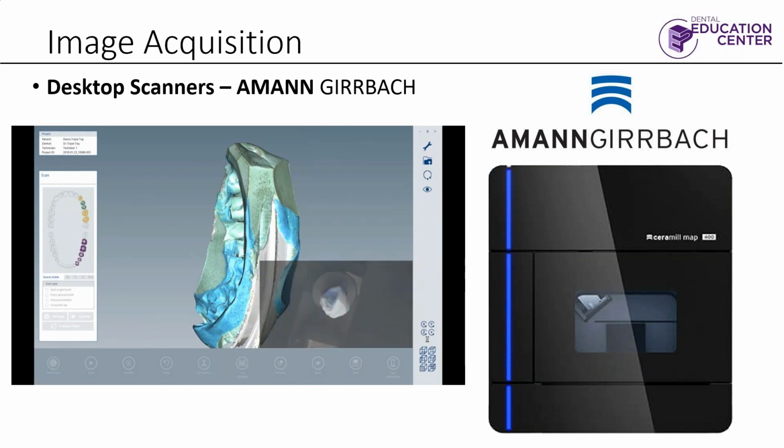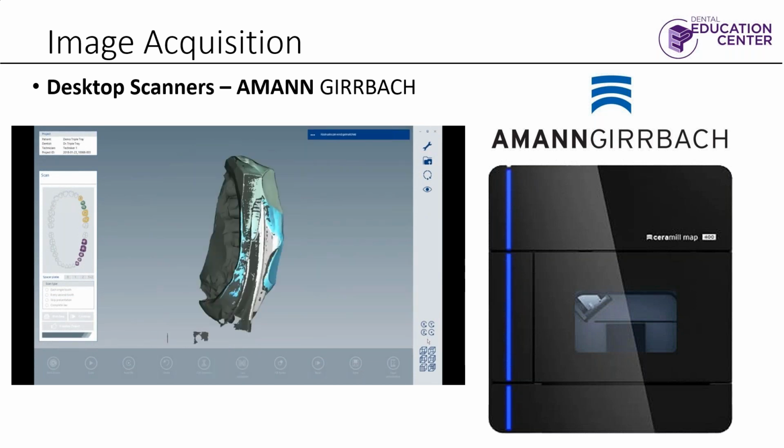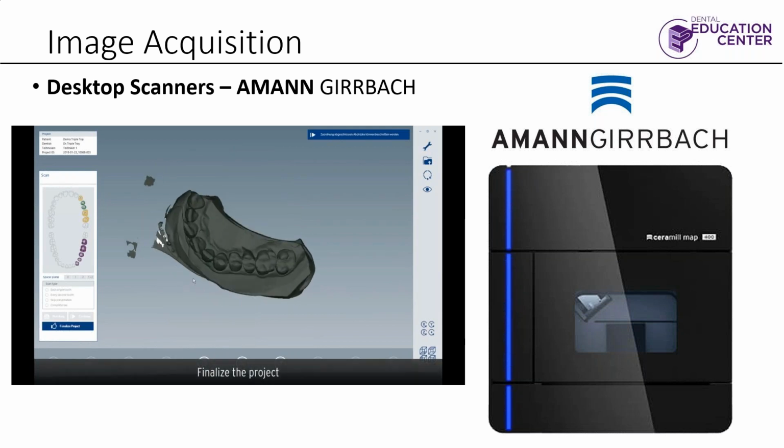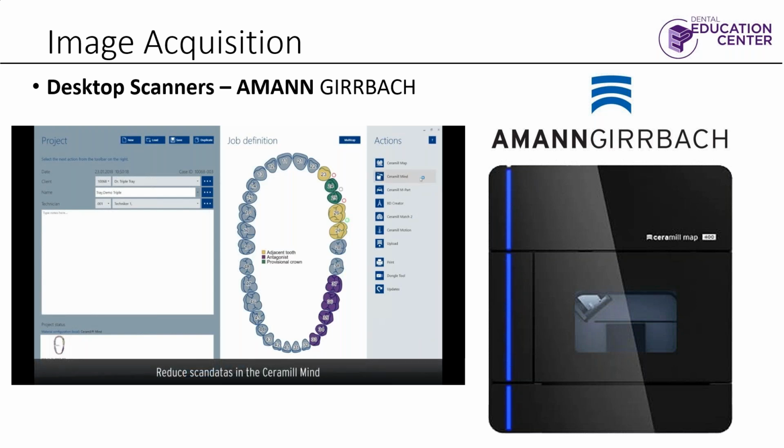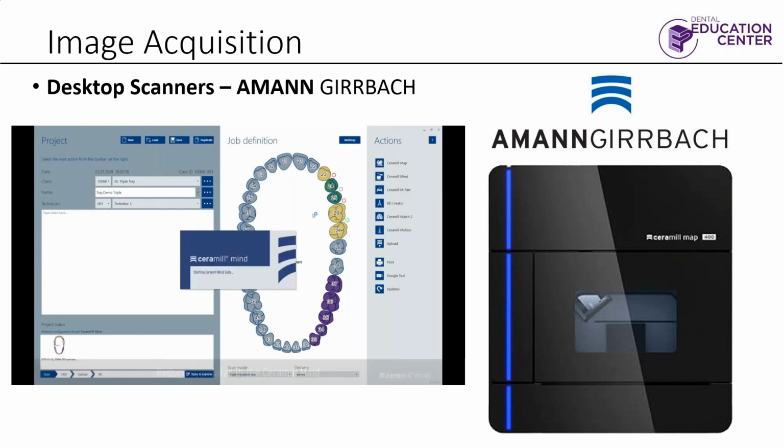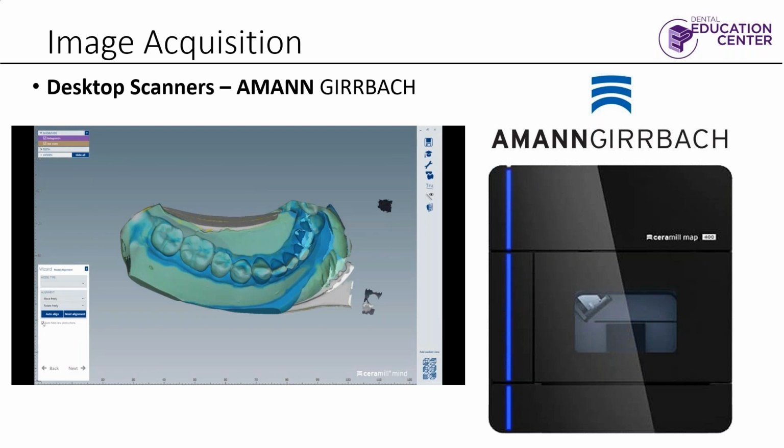Then as you can see, it's scanning the actual impression, and obviously it's going to turn it inside out to make a proper scan, because we're working in the negative. Then you would take it and drop it into Cerebral Mind,